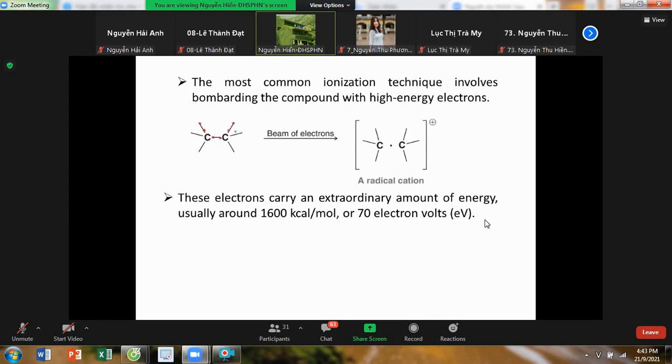Thế thì khi mà cái phân tử này nó va chạm với chùm electron năng lượng cao đấy, thì một trong những electron của các liên kết này nó bị văng ra ngoài. Ví dụ cái chỗ này, electron ở chỗ này nó bị văng ra ngoài, và chúng ta thấy là liên kết CC nó chuẩn bị đứt rồi đúng không? Nó chỉ còn một electron ở giữa thôi. Một electron thì nó bị bay ra bên ngoài rồi. Cho nên là cái phần còn lại, thực ra nếu mà viết một cách đầy đủ thì cái chỗ này nó phải là